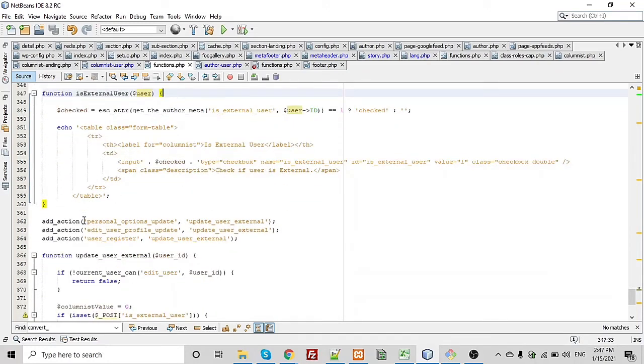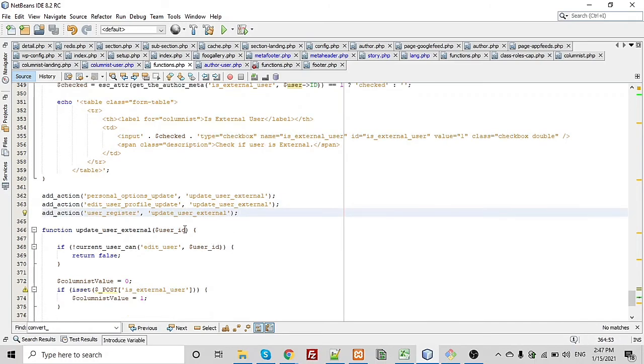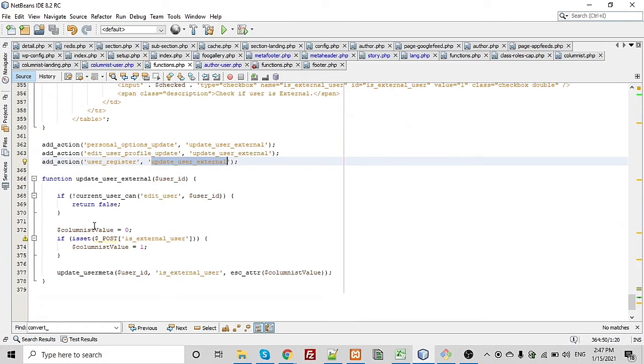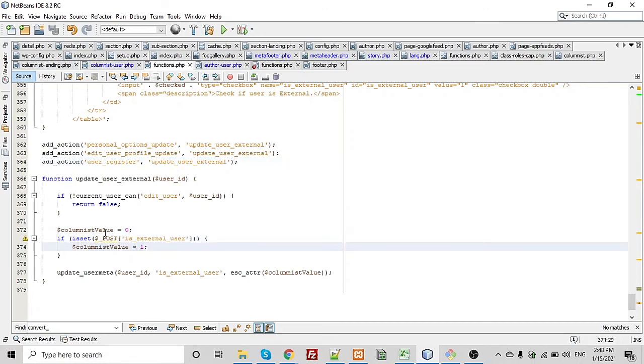Again, I am showing you calling the three action hooks: personal_options_update, edit_user_profile_update, user_register, with the update_user_external callback function. This callback function updates the is_external_user field in the database. First I am setting the column value as 0.